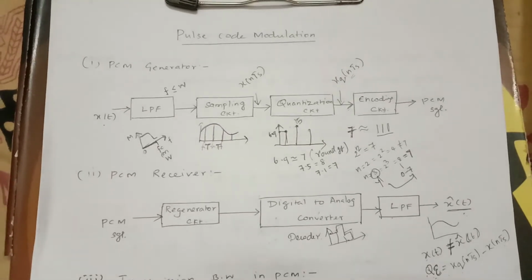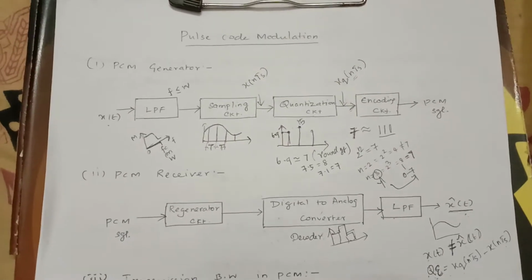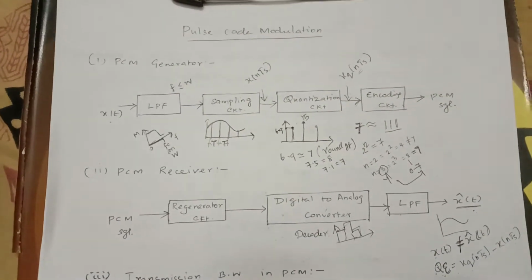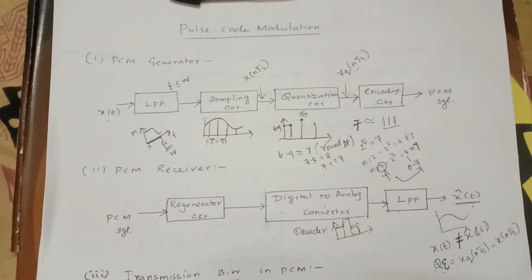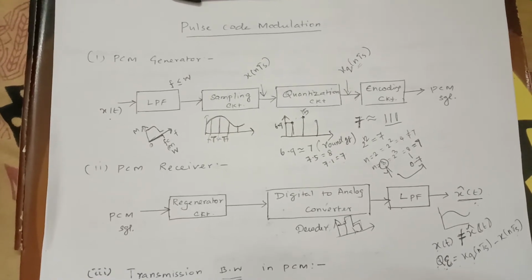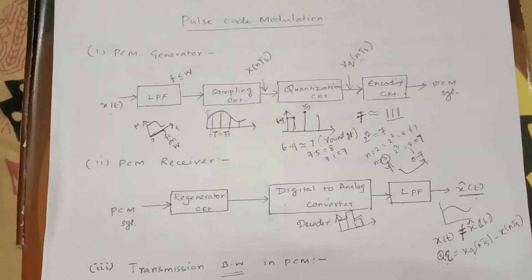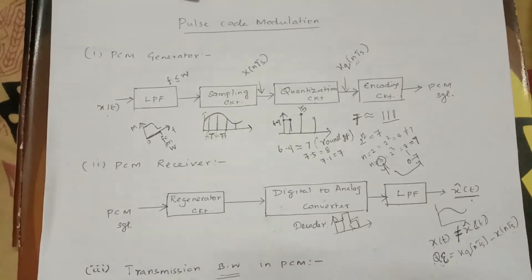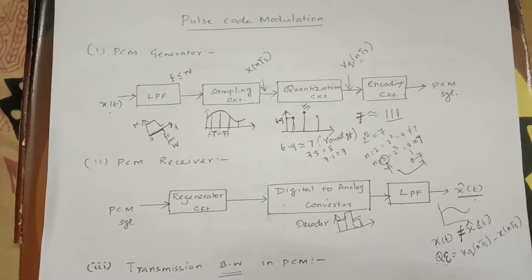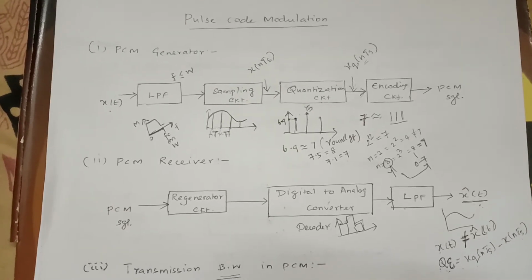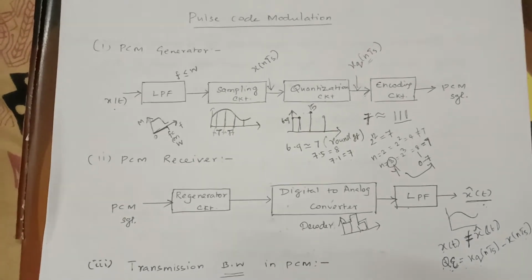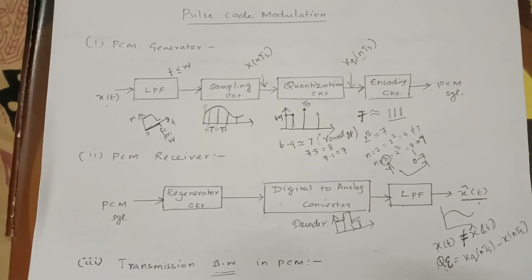Hello friends, today we are going to discuss pulse code modulation, which is one of the important techniques in digital modulation. What is the purpose of pulse code modulation? While transmitting a signal from the transmitter to the receiver, there may be a chance for noise to occur in the signal. In order to overcome that, we go for pulse code modulation, which is a digital modulation